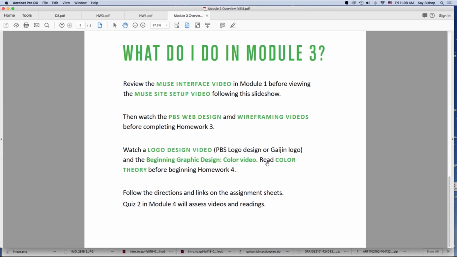Okay, so back to what to do in this module. After you've watched those logo videos, then watch this color video that's linked to the page as well, and that will just give you an idea how to use color. Then read this color theory article, and then you can actually complete homework 4 by designing your logo. This will be a logo that you would use on a final site. So it could either be a logo for your personal e-portfolio or a logo that you might use for the